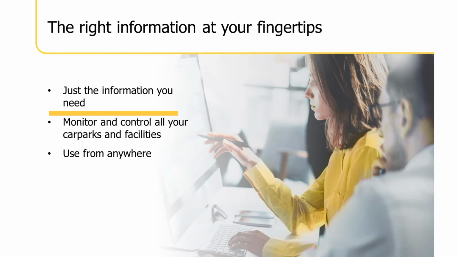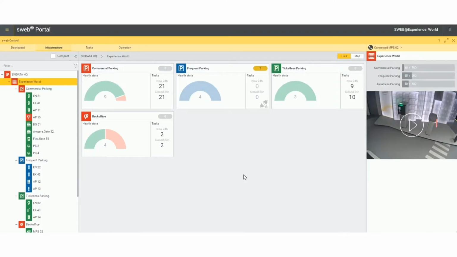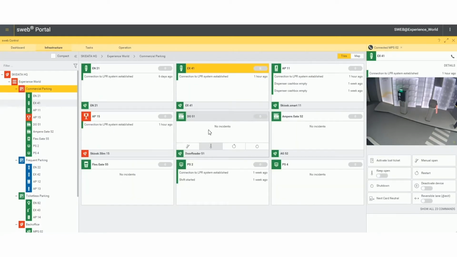Sweb control's user interface has been designed to dynamically adapt to the car park situation to put just the right information and controls that an operator needs in a given situation at their fingertips. For example, the frame on the right-hand side is what we call the context pane. For exit lanes, this shows information such as frequently used device commands, such as open barrier, and video feeds from